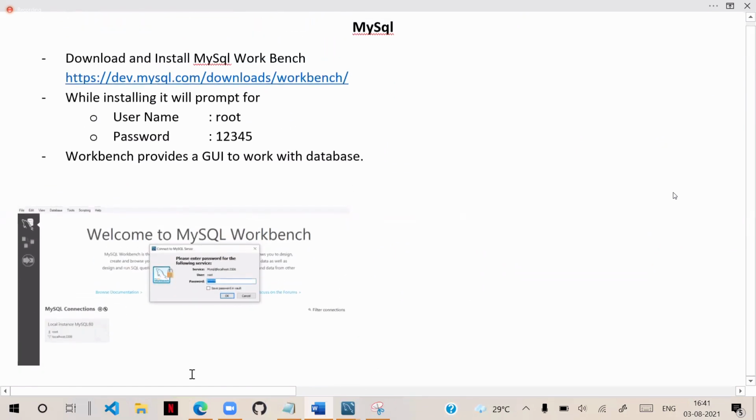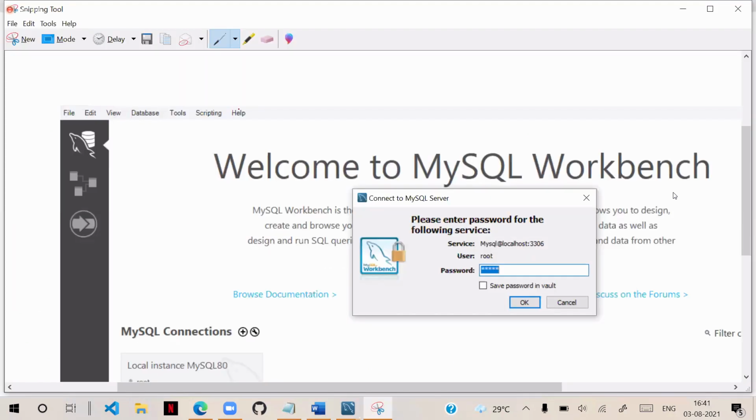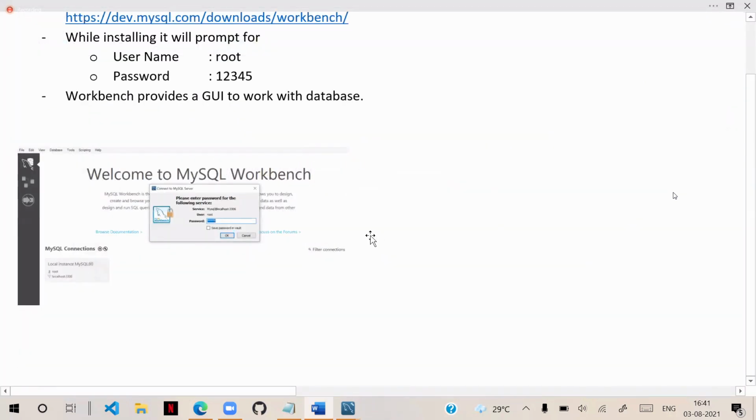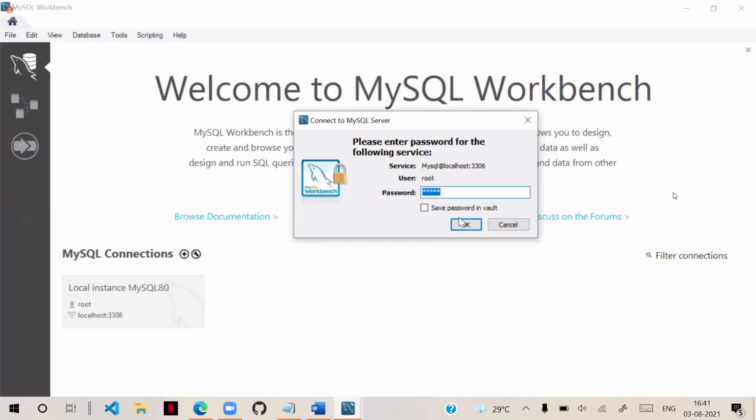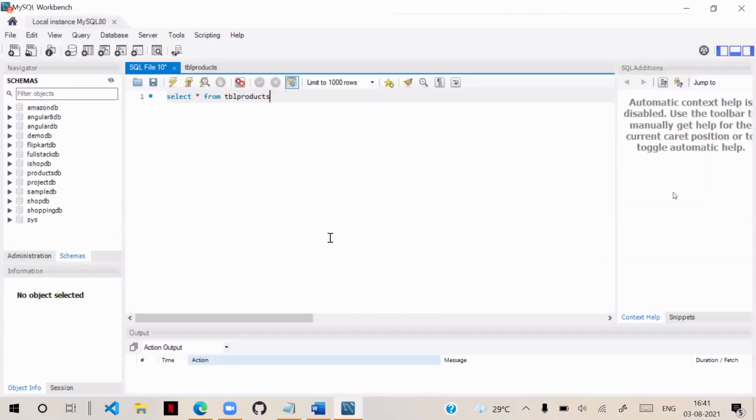Now in the next step, once you are logged in, click OK. Now it is logged in. On the left side you see so many databases I am having here.